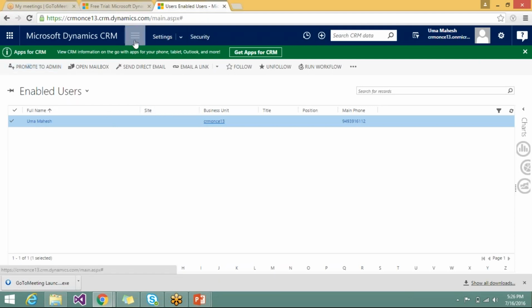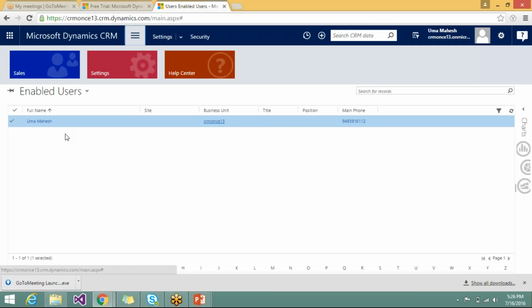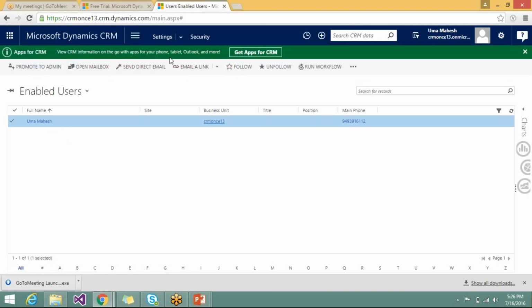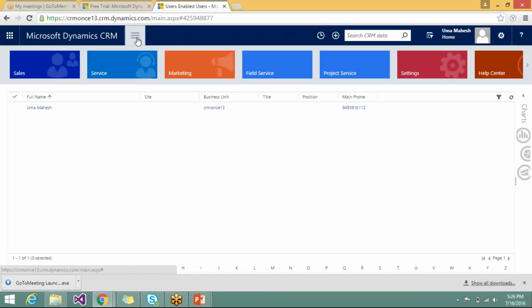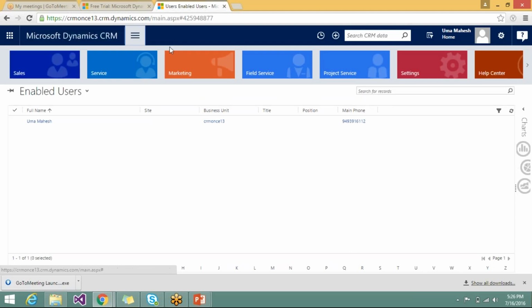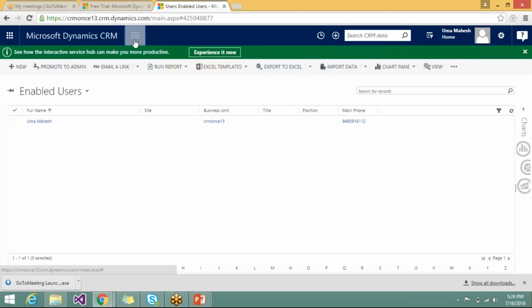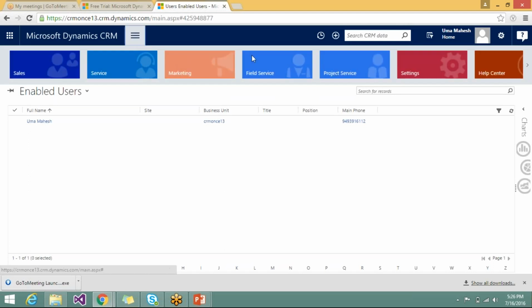Now see here, we didn't have any privileges, so we promoted this user as an admin. After refreshing my instance, with this user I'm able to see whatever new features they introduced in CRM. This user will be an administrator in this system. Now in this NEOS version, that means CRM 2016 Service Pack 1 Update 1,